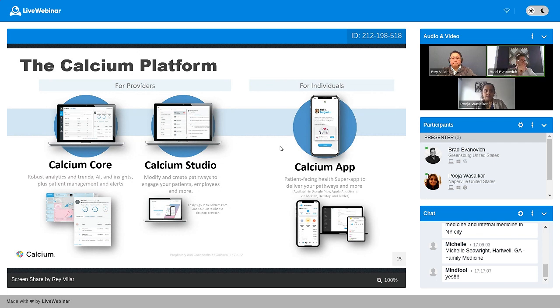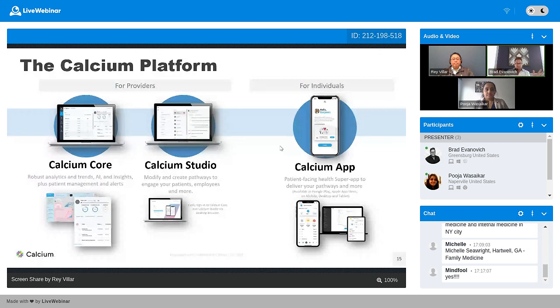Now, before I turn it over to Pooja, I want to talk a little bit about the Calcium platform. The Calcium platform is a digital health platform that is made up of 3 separate components. One of those components being Calcium Core. This is where the care team lives. This is where the physicians live. This is where the clinicians live.